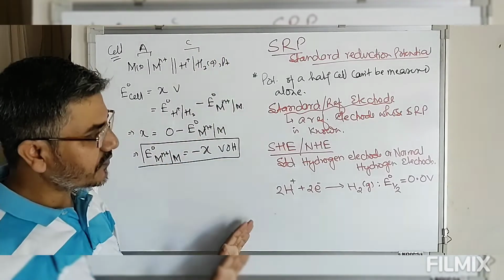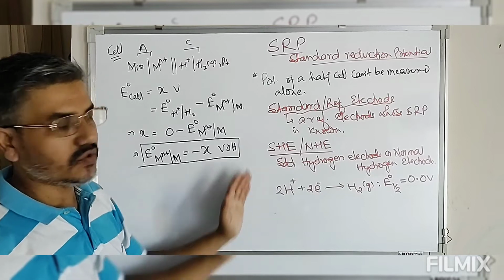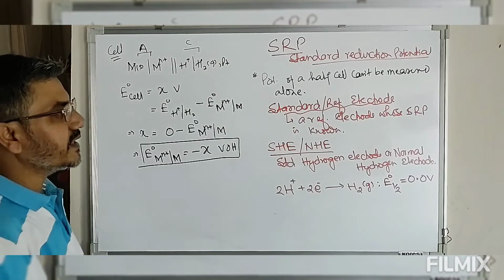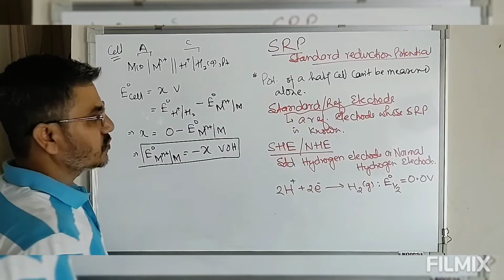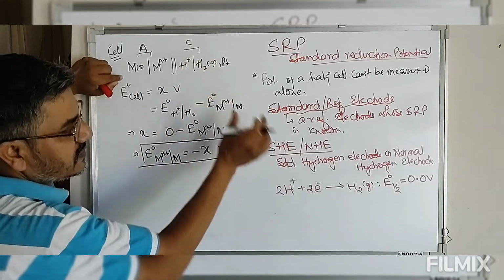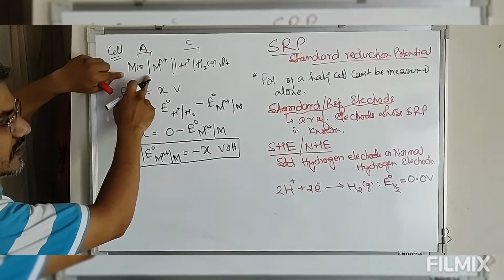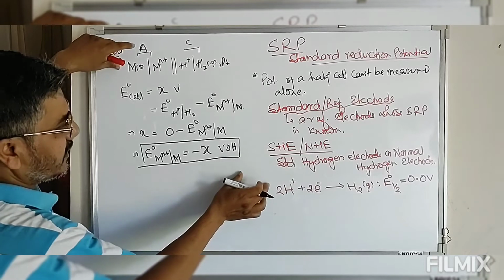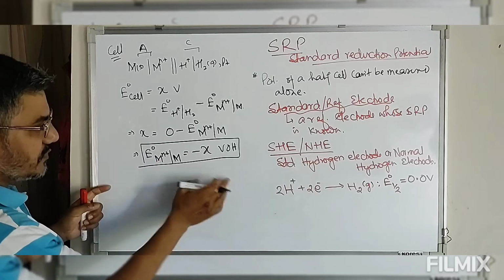So all the measured values that are reported in literature books are always measured in terms of reduction potential. While combining, the unknown electrode can act as an anode or it can also act as a cathode. In this example, we are taking the hydrogen electrode, the SHE, to be cathode and the unknown electrode to be anode. Or we can also take the hydrogen electrode to be anode and the unknown electrode to be cathode. Then the value will be the same but the sign will be opposite.